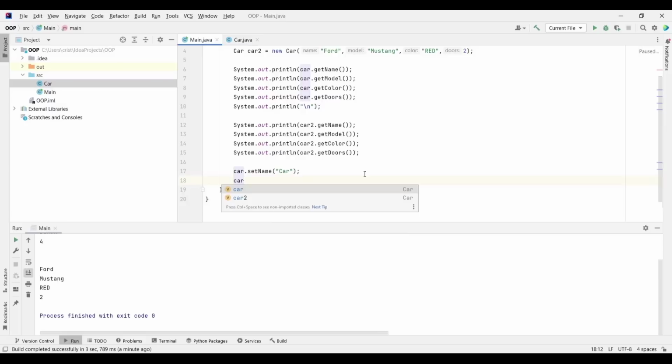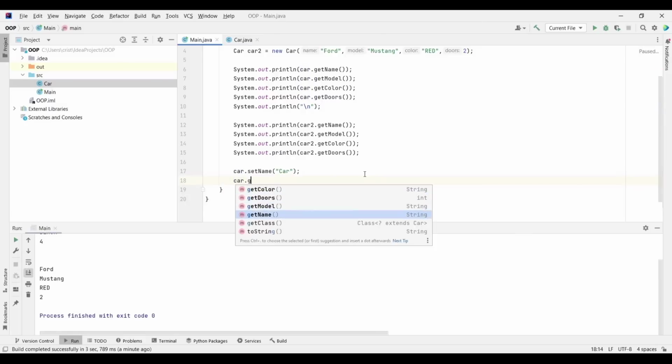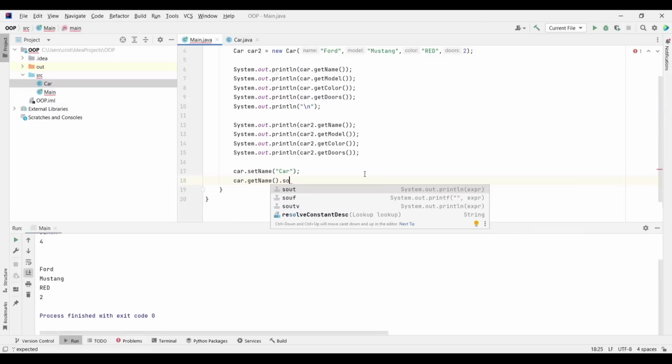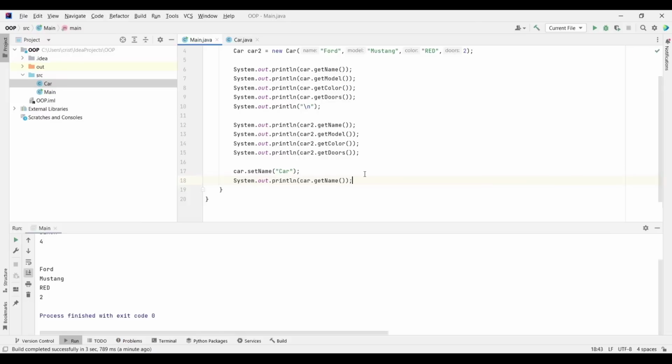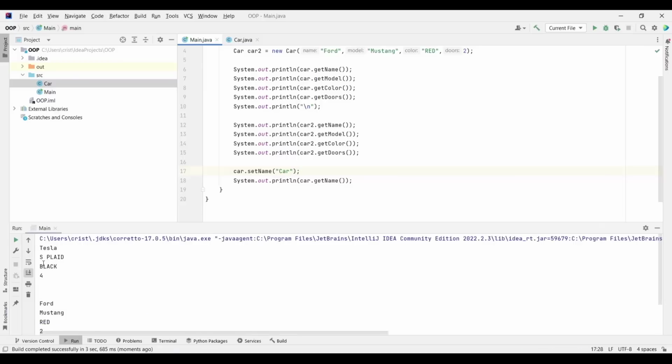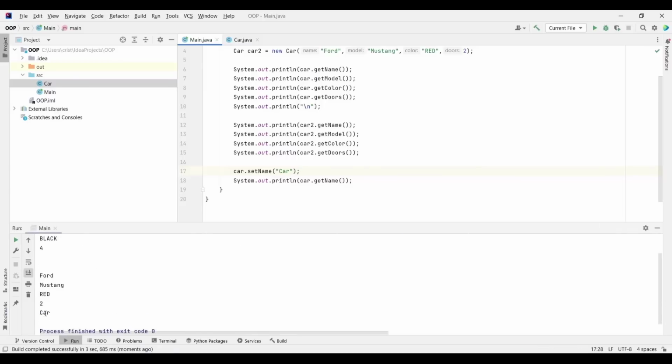Car dot get name dot sautil. Look what happens if I press enter. As you can see, it added our car dot get name inside the print line without us needing to type that. So now if you run this, we get Tesla S-plate black 4, then we get Ford Mustang Red 2, and we get car.